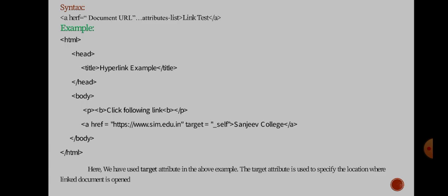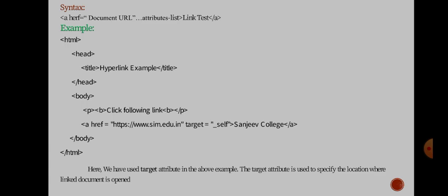It gives the destination address. Here I'm taking our college website, Sanjeev Degree College website, and in the href section I will give the college website address, and Sanjeev College is the link text. It will only appear in the web page. And now I am closing the body tag and HTML tag.